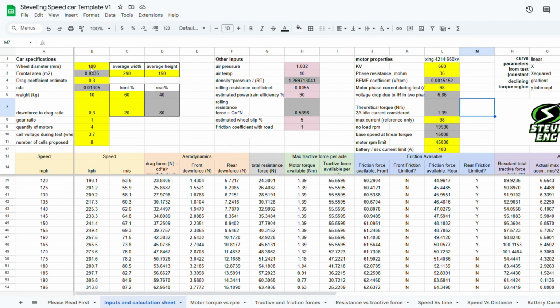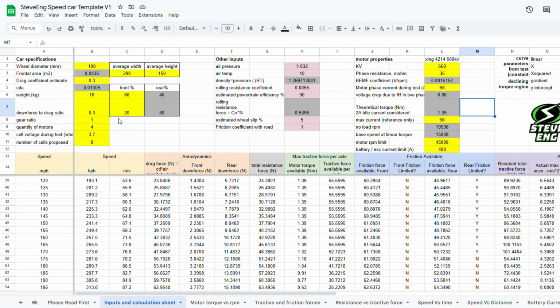So it starts with the basic car specifications like wheel diameter, frontal area, a drag coefficient estimate, then looking at its mass and mass distribution. So I'm suggesting 10 kilograms, 60% on the front for this car. And you can put in your downforce to drag ratio. So based on how much drag you've got, it will then calculate how much downforce to apply on the front